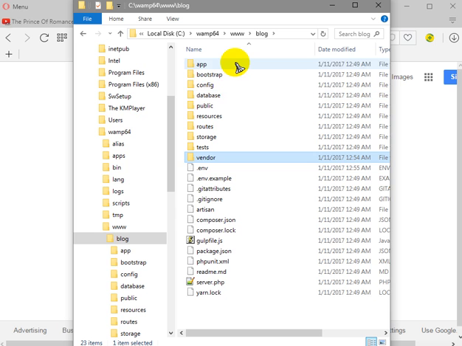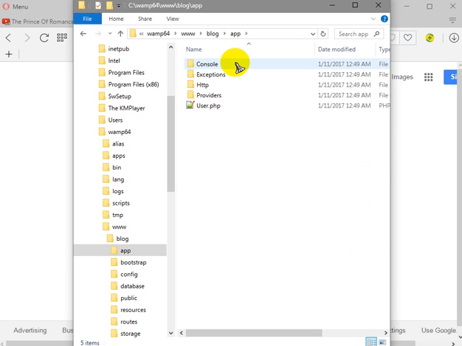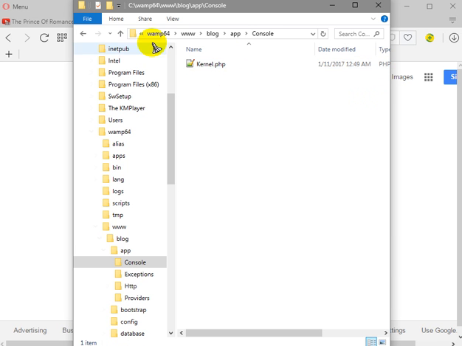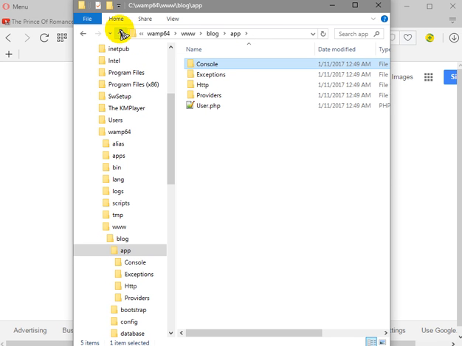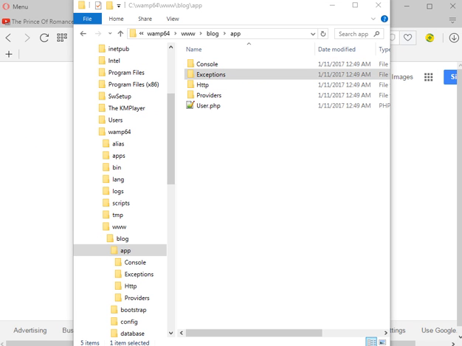And when we go to the app directory, this app directory is the application directory. It contains a variety of additional directories. Among these additional directories, console is where all the Artisan commands are stored, and this directory